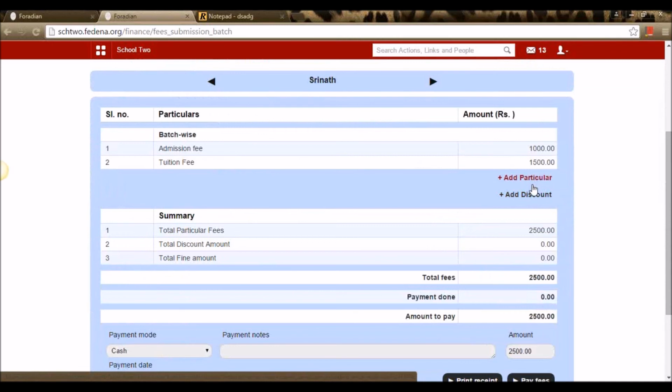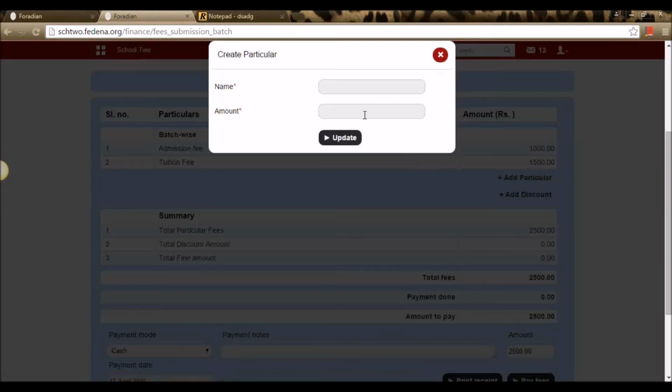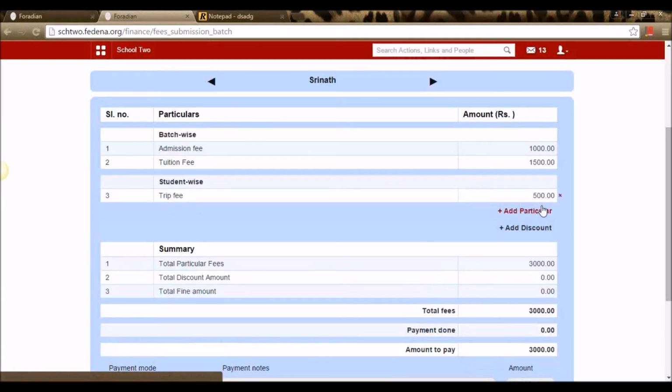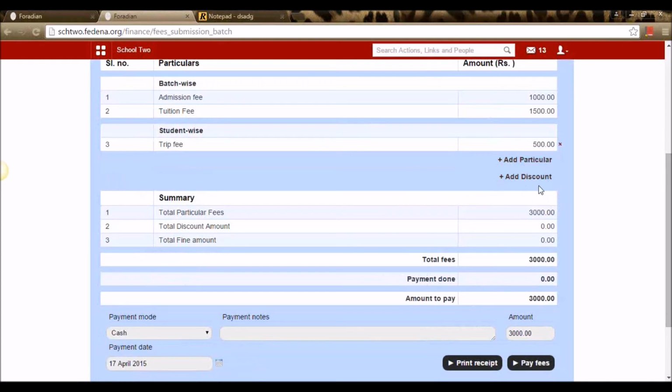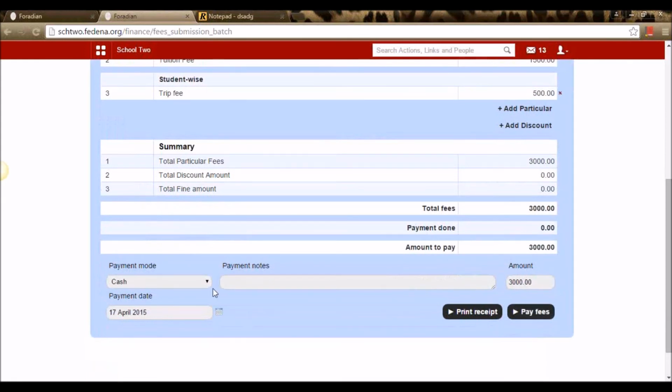Say in case I have a particular at the last minute for a trip, saying trip fee, and I want to add an amount of 500. I update it here. I can also remove it at any point, but I've updated it here, and I can see the total has changed from 2,500 to 3,000. Now I can pay the fee.